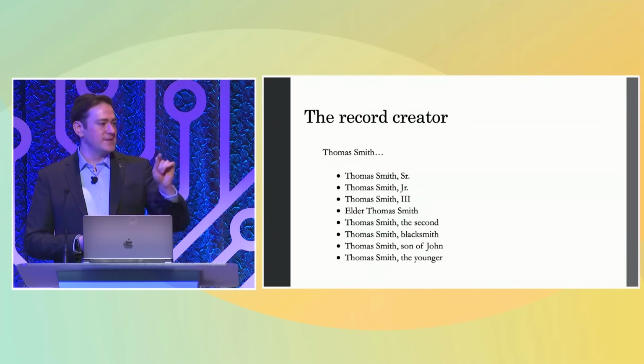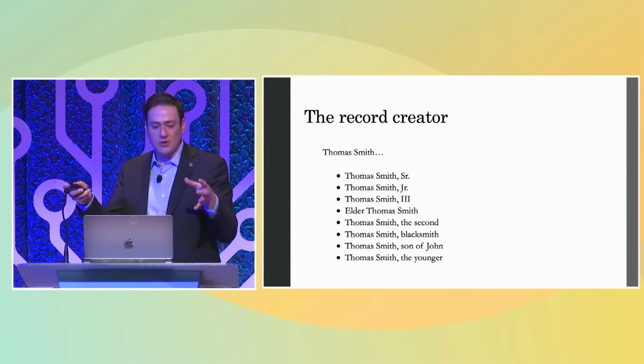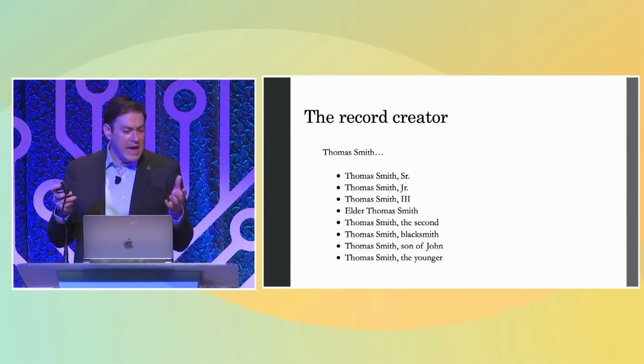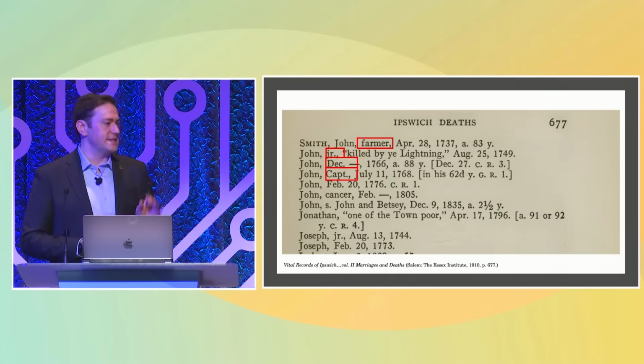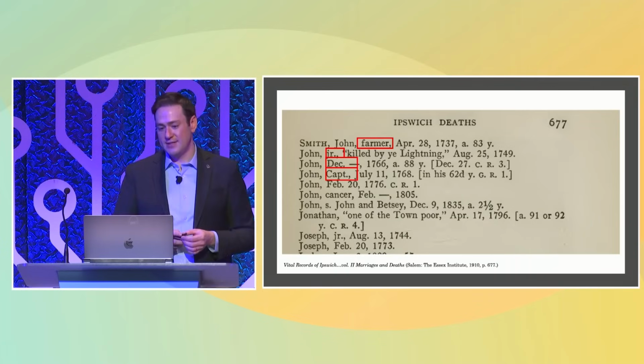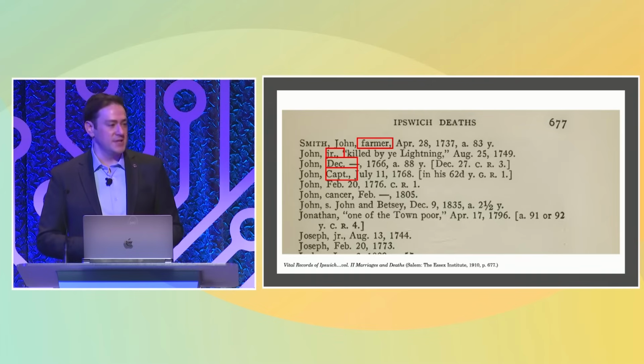Well, that Thomas Smith is the son of John, that Thomas Smith is the son of William, and that's how the record creator could tell them apart. And maybe you actually spell out the younger. These clues are waiting for us everywhere in the documents that we look at. These are the printed vital record transcripts from Ipswich, Massachusetts, and we see this being put into action when it